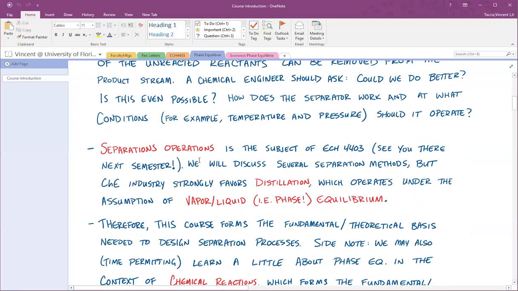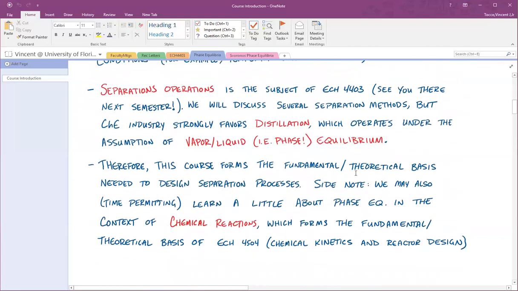So this whole idea of separation operations is the subject of a future class that you'll take, which I also teach, and I'm on the schedule to teach it in the fall when most of you will probably be taking it. So I'll see you there. And we'll discuss several separation methods. And by and large, distillation is the overall favorite of industry. And that operates under the assumption of vapor and liquid. And those two things are phases of matter, which is where we get the name phase equilibrium, which is the title of this class. So again, this class is going to be the fundamental or theoretical basis that you need